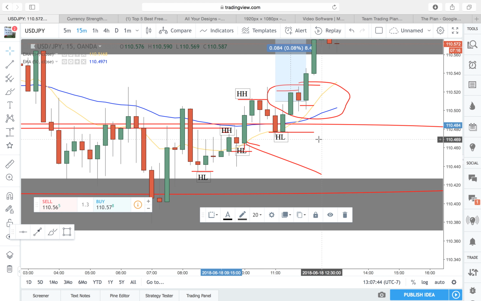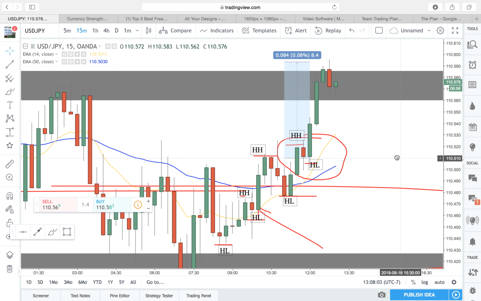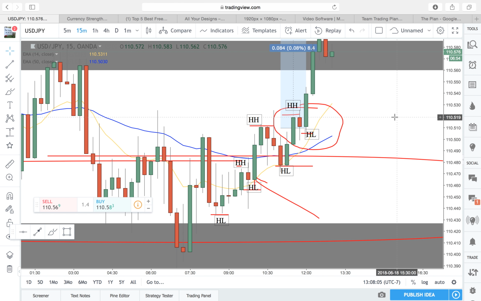So part of my trading plan is spotting out if we have structure with higher highs and higher lows yet. If you don't really have higher highs and higher lows, you don't really have that history, price is generally just going to bob and weave between supply and demand. But in this instance, we had